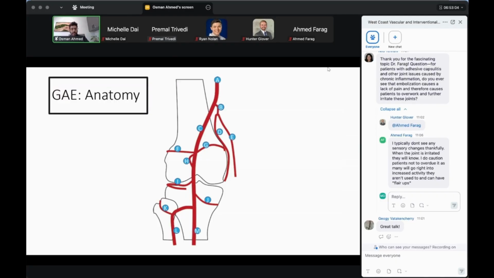So, it's very important, obviously, to understand what the anatomy of the knee is. And so we really have kind of 6 workhorse arteries. And there's more and more arteries that we're looking at, but these are kind of the main ones. So just looking at the ones that are highlighted in red text.